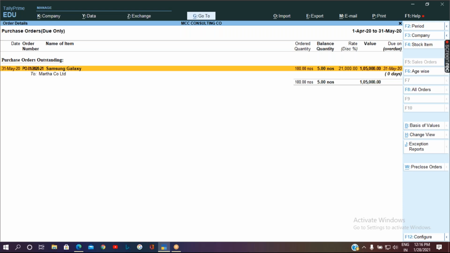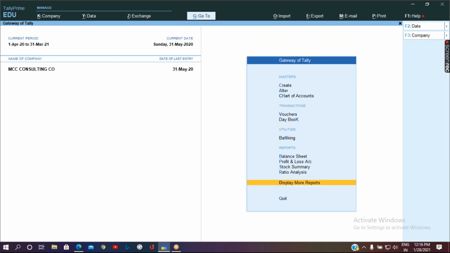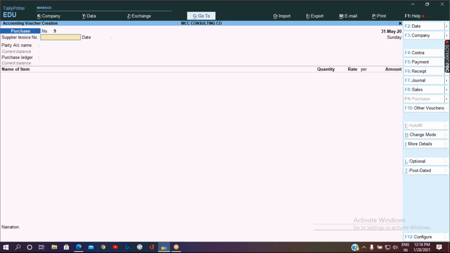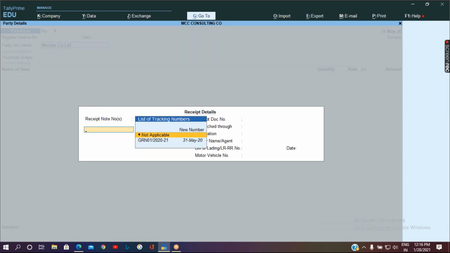After that, we will be passing the next transaction, which will be F9 purchase. Now we will take the same party and select the tracking number.